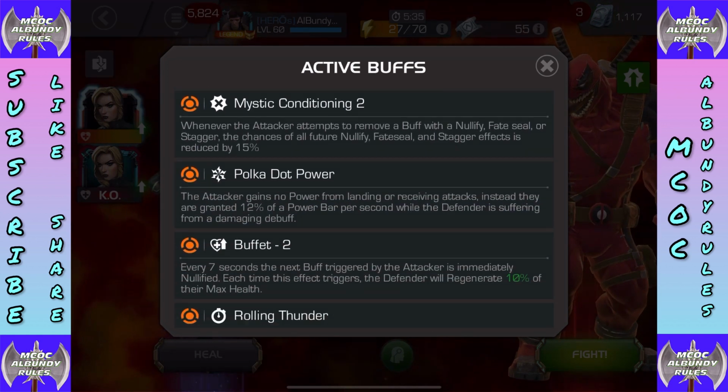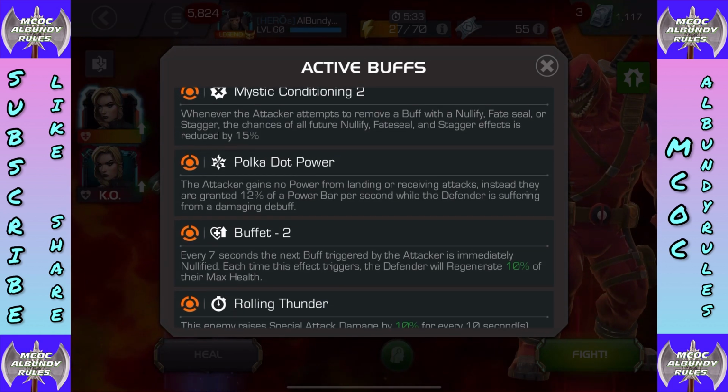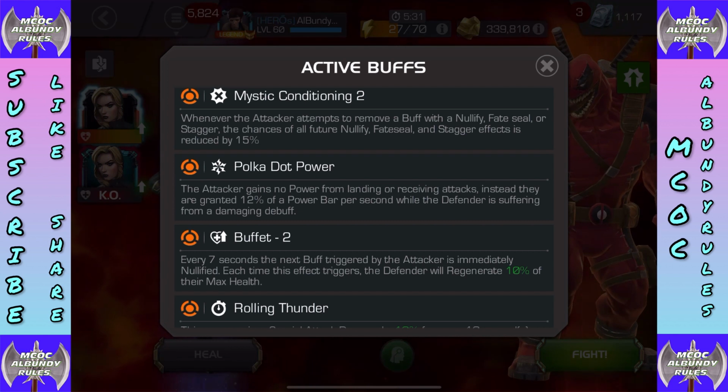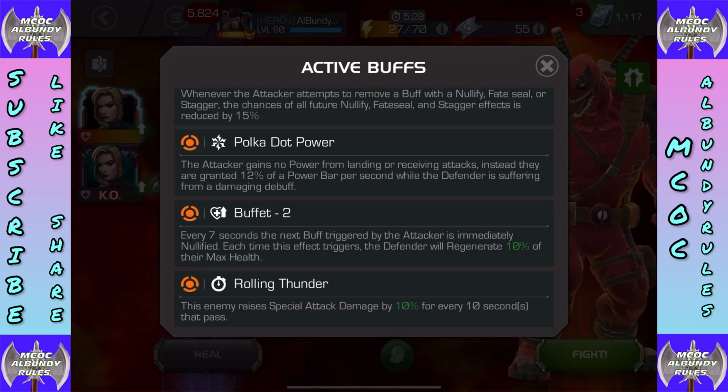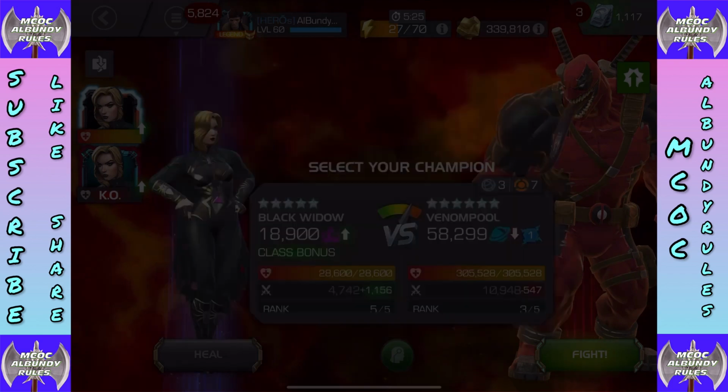Be careful after that. Mystic Conditioning: whenever the attacker attempts to remove a buff but it is nullified, future staggers will be reduced by 15%. Polka Dot: the attacker gains no power from landing or receiving attacks. Instead, they gain 12% each time the defender is suffering from damage and debuffs. Every 7 seconds, the next buff for the attacker is immediately nullified. And they give regeneration to the defender and raise special attack damage by 10%